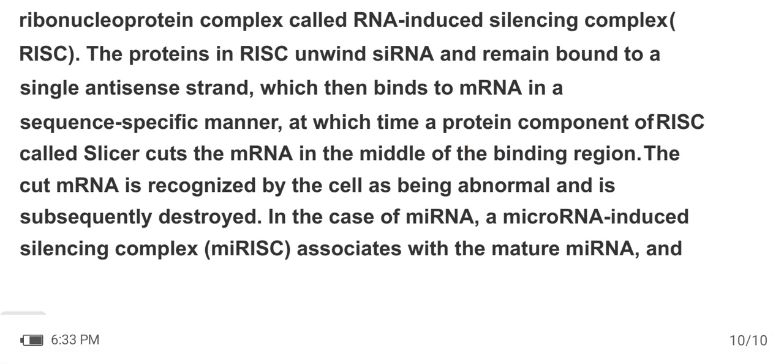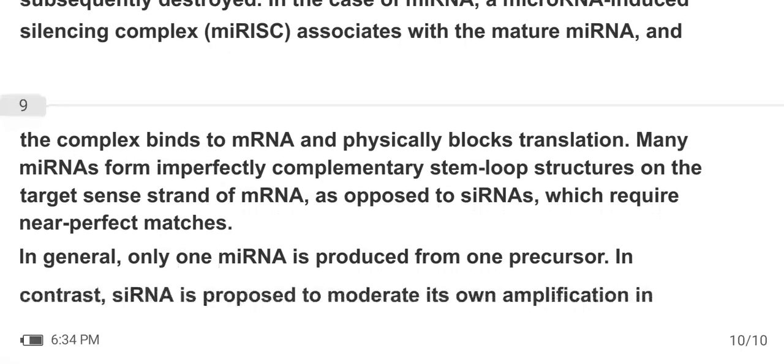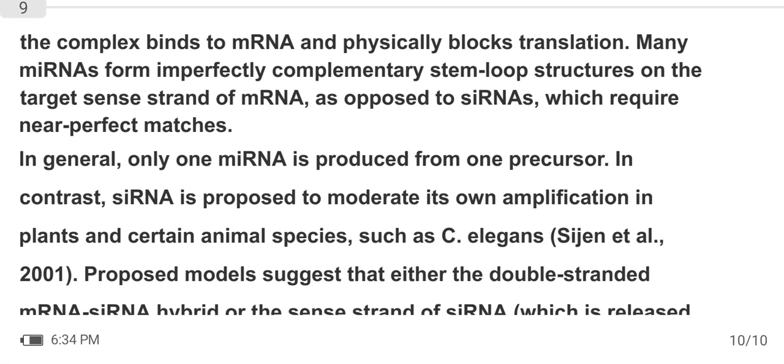The proteins in RISC unwind siRNA and remain bound to a single antisense strand, which then binds to mRNA in a sequence-specific manner, at which time a protein component of RISC called Slicer cuts the mRNA in the middle of the binding region. The cut mRNA is recognized by the cell as being abnormal and is subsequently destroyed. In the case of miRNA, the microRNA-induced silencing complex associates with the mature miRNA, and the complex binds to mRNA and physically